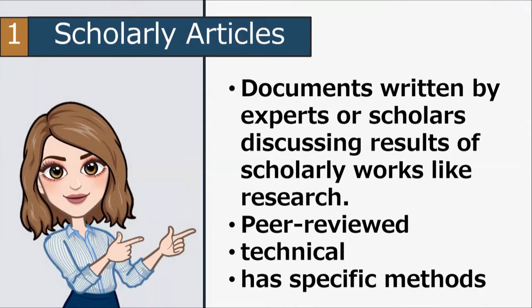First is scholarly articles. These are documents written by experts or scholars discussing results of scholarly works like research. These scholarly articles are peer-reviewed, technical, and have specific methods. Scholarly articles or written materials like research are usually created to solve a problem or give explanation to a certain